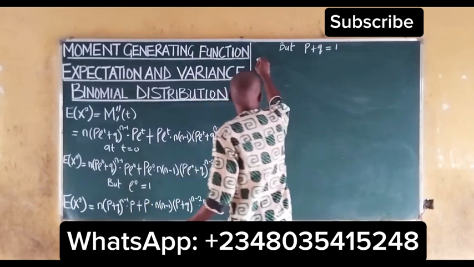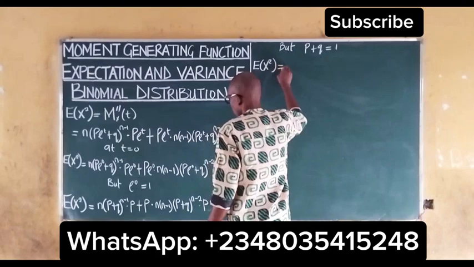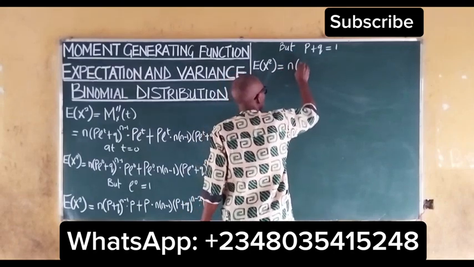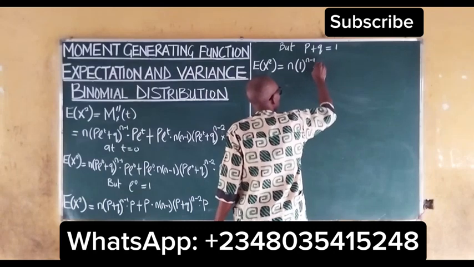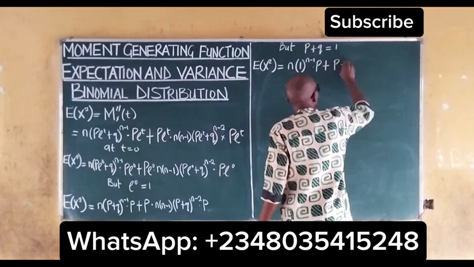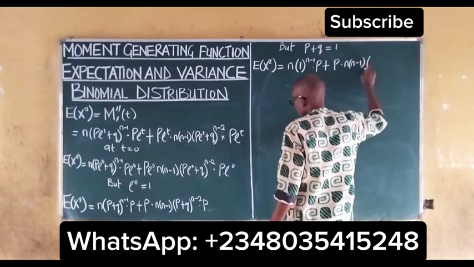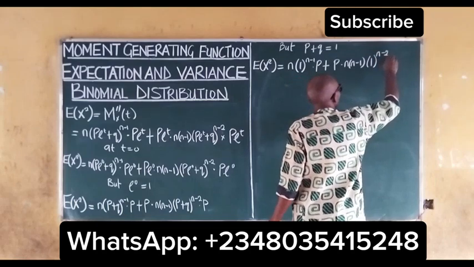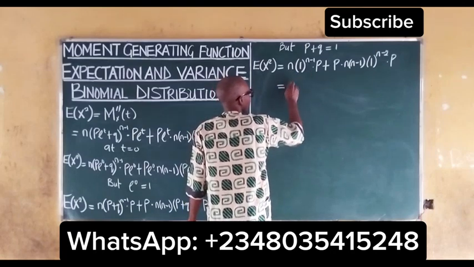So we have that our expected value of x squared will now be equal to n into 1 raised to the power of n minus 1 multiplied by p, plus p multiplied by n into n minus 1 into 1 raised to the power of n minus 2 multiplied by p. So this will give us np